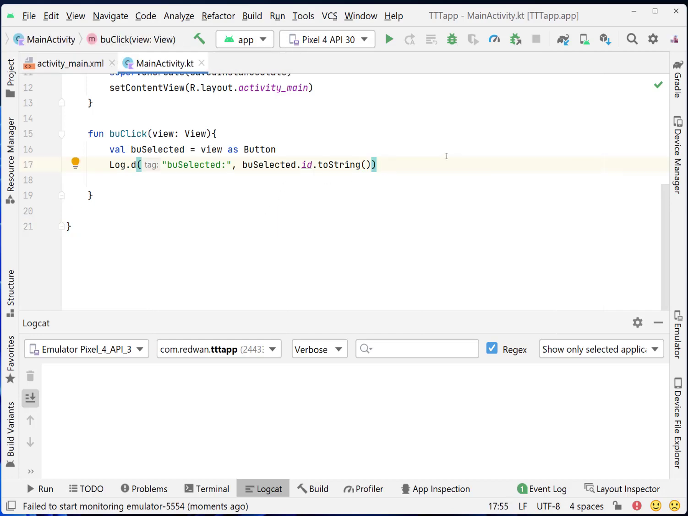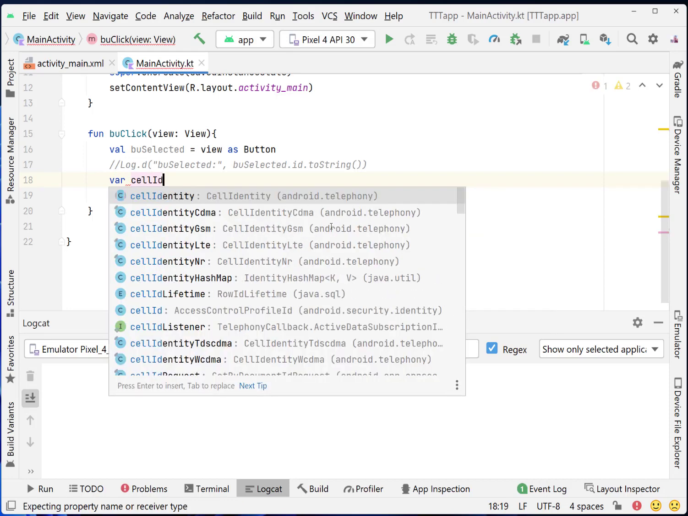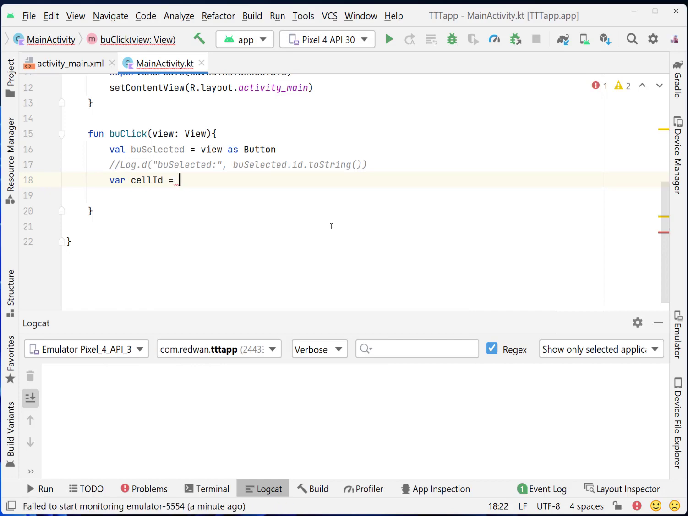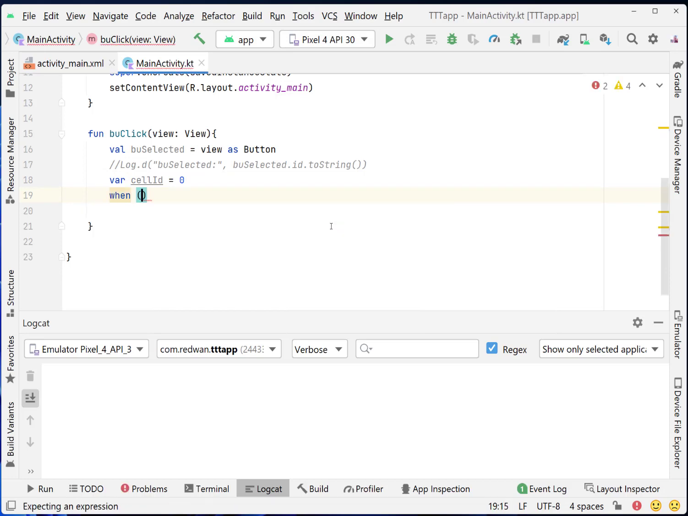We will come here. We make this log a comment, and we continue by bringing this variable. How will we do that? We define a variable. We will name it cellID, equal to 0. When a button is selected, when the bottom is selected,